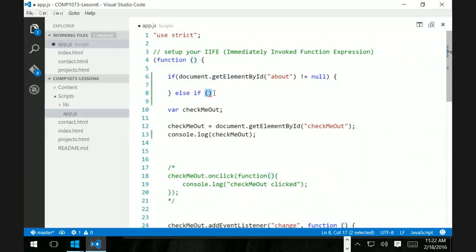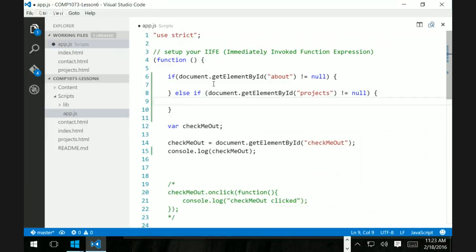Let's check out and see if it works and what problems I might have. Instead of the about page, my projects page, right? And we'll do the same thing. So we'll say then do this, and then else if, do this, else if, right? Finally, my contact form, contact,